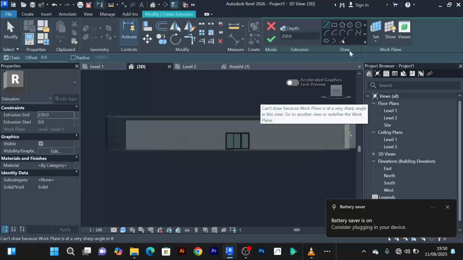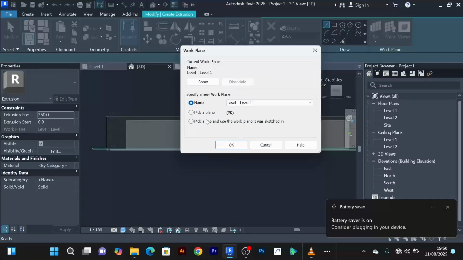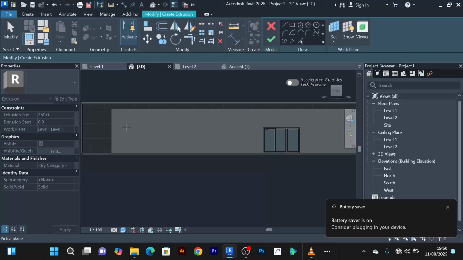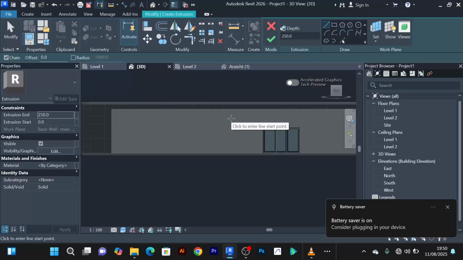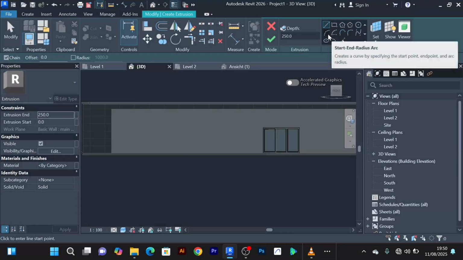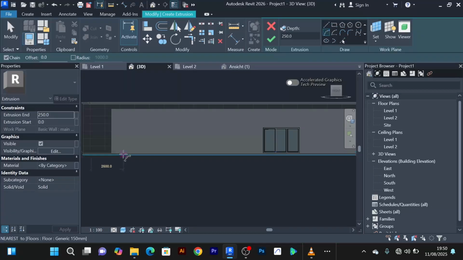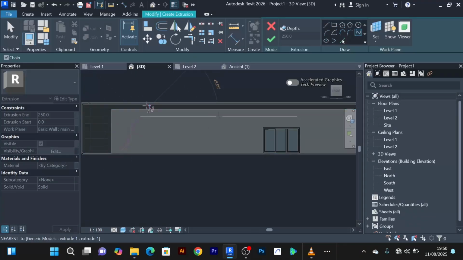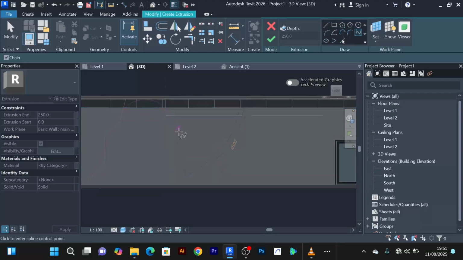Then I'll come to extrusion. I'll go to set plane. I'll say pick a plane. Okay, the plane is still the wall, that wall. So now I want to draw a design on this side of the house. So I can, let me just do something like this. Let's say we're using the spline again. I'll create some weird shape on the house,